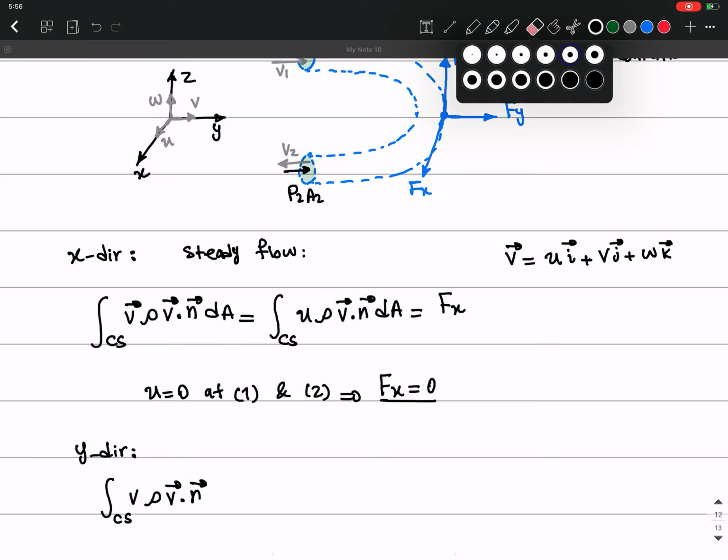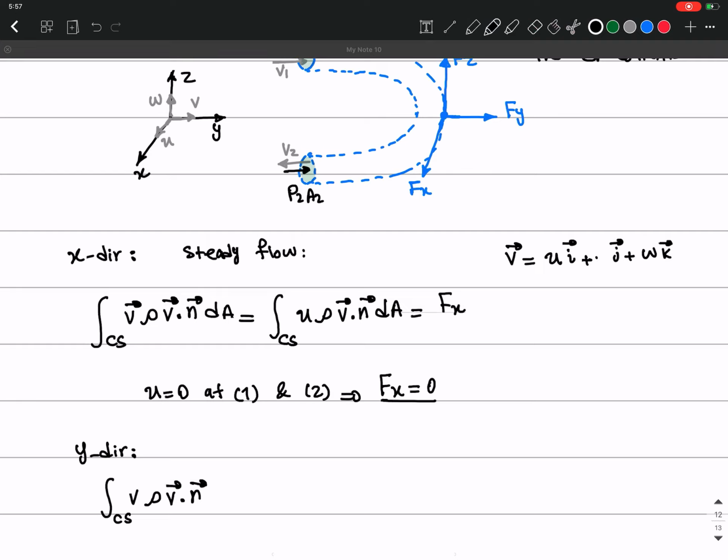Let me correct it a little bit. So this is small v, and the other one is capital V, the vector. Okay, V dot n dA, which equals to